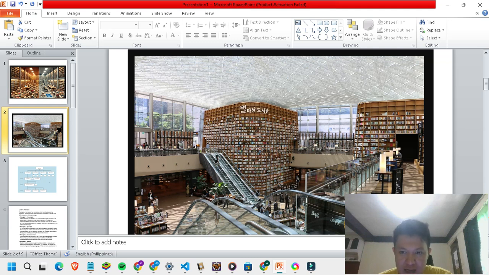You can also see what section or area of the library has a specific group. For example, science and technology are kind of the same, so it's the same area.